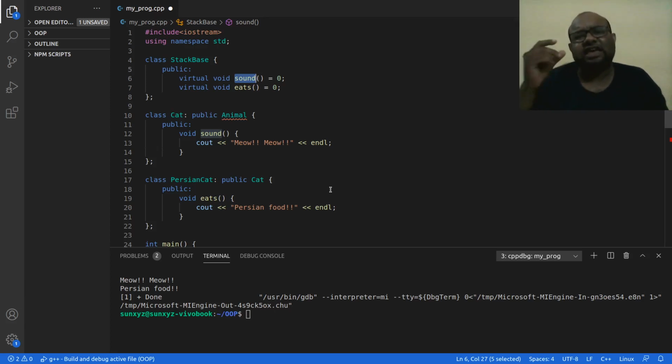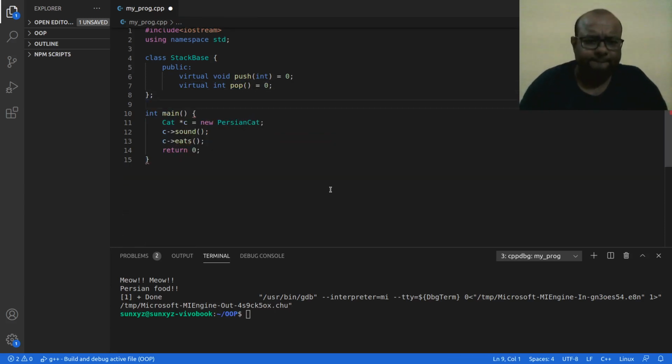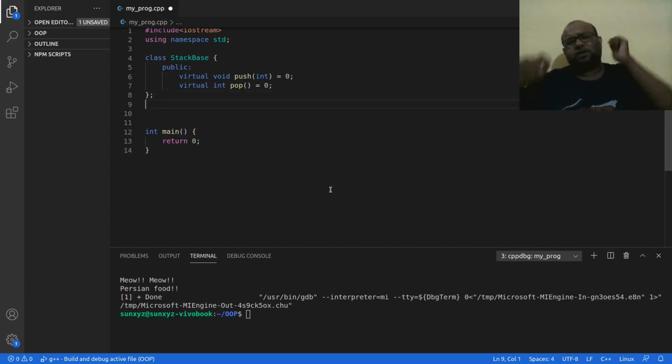So a stack essentially, you can implement a stack using an array, you can implement a stack using a linked list. Whatever you use, there are two functions that stack is going to have. Stack is going to have a void push, say I have a stack of integers, that is going to take an integer as a parameter, and it is going to have an int pop that will remove whatever integer is on the top of my stack and return that integer, right?